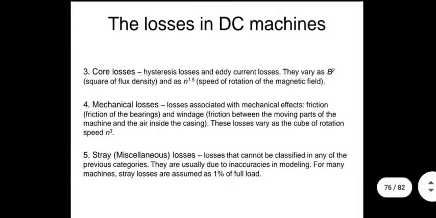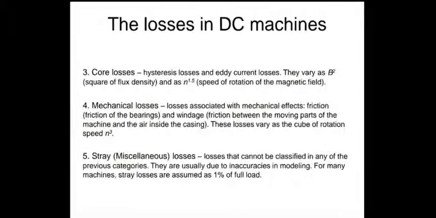Here they are showing these 3 losses in detail. Mechanical losses, of course, can be either windage loss or friction. Core losses are what we're calling iron losses, so they have both hysteresis and eddy current components. And stray losses or miscellaneous losses,